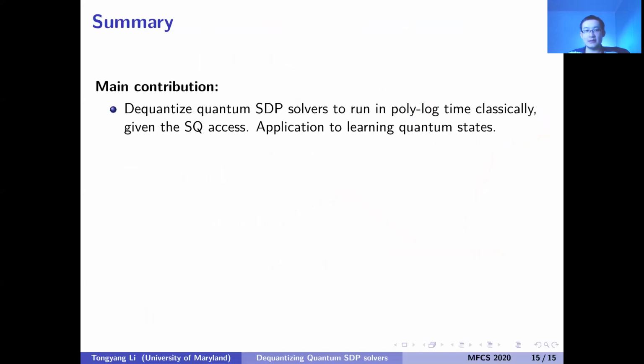Okay, so I think this is close to the end of my talk, and let me make a conclusion here. As a summary, our main contribution is that we dequantize previous quantum SDP solvers to run in polylogarithmic time classically, given statistical query access. And as an application, our quantum-inspired classical SDP solver can be used to learn quantum states using measurements and to solve the specific problem of shadow tomography. In our work, we gave two techniques, the weighted sampling and the symmetric approximation,